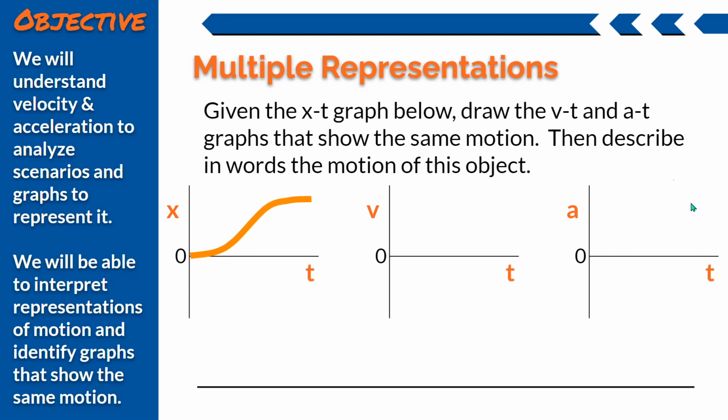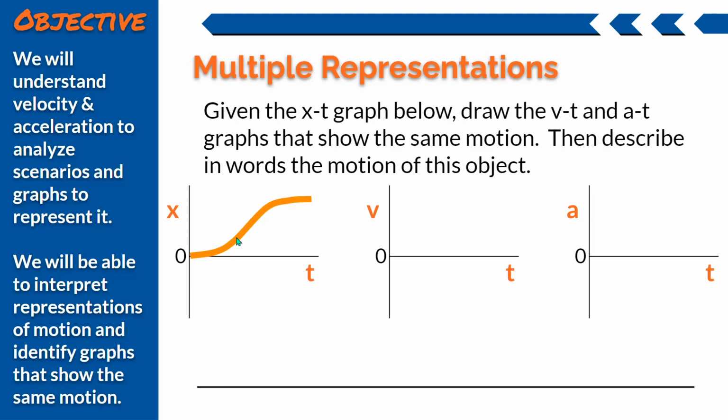Okay, let's start with the description of this object's motion because that might help us with our graphs. This object starts out at the origin, which isn't as useful because that doesn't show up on my other graphs, but it starts out at the origin, or at the reference point, moving very slowly in the forward direction because the slope is almost 0. Okay, but it's a little bit of a slope. So it's moving forward very slowly, and then it starts to curve here, and it gets steeper, which means it